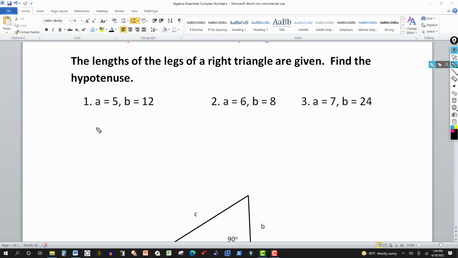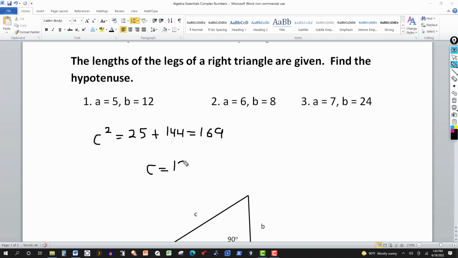We want to find C, the hypotenuse, given the legs of the other two sides. So we know that C squared is equal to the sum of the squares of the other two sides. So 5 squared is 25, plus the other leg squared, 12 squared is 144. Add these up, and we get 169. So that tells me that C, the hypotenuse, has to be the square root of 169,